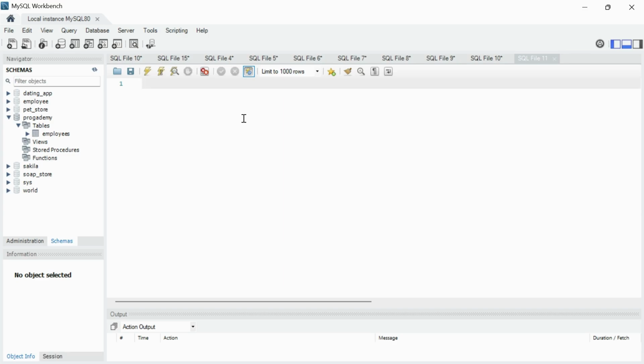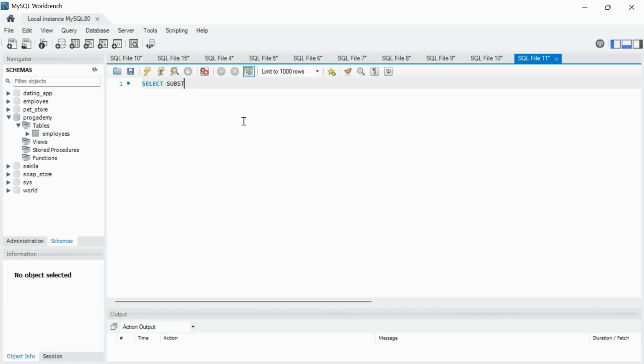This tutorial explains the substring function in MySQL. The substring function takes a single larger string and returns a smaller portion of that string, and this smaller portion is called a substring. So let's try one thing. I am going to select